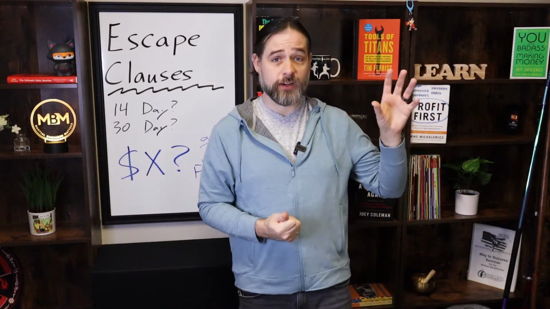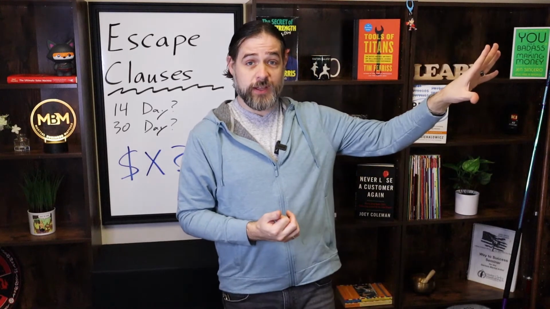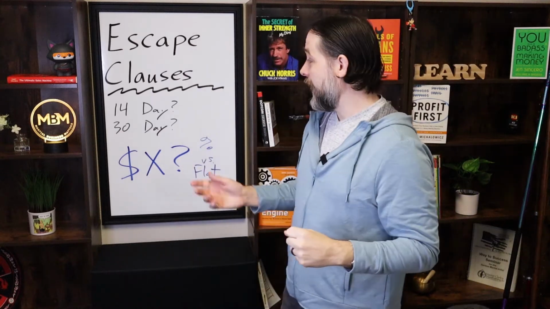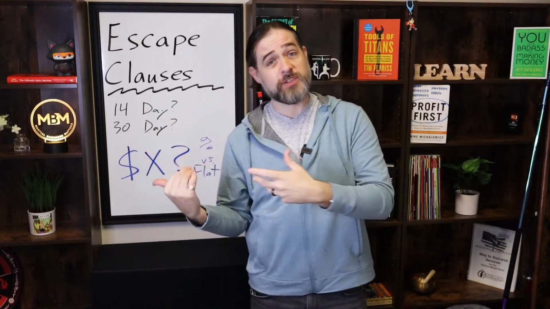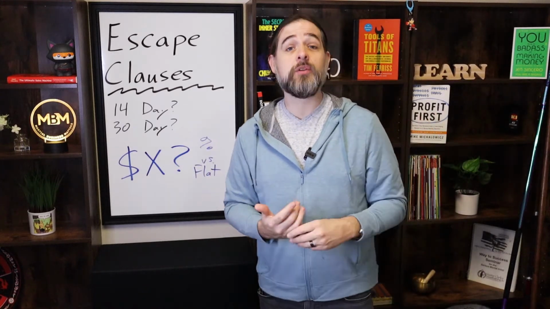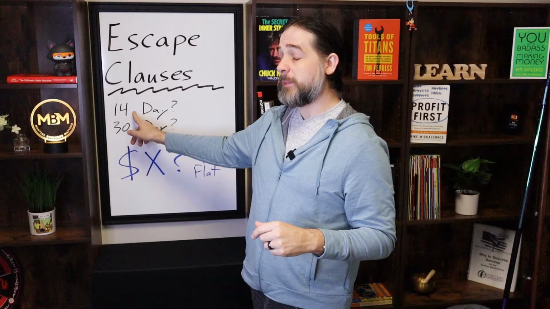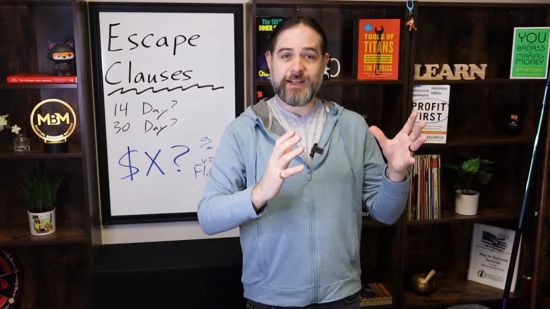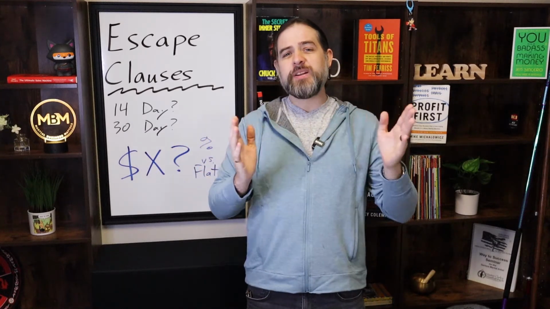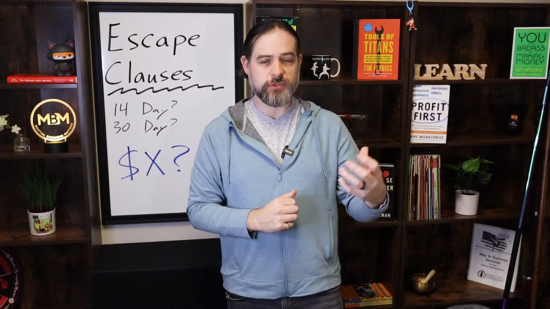In my previous video, I talked about the potential pitfall of having a large number of students just drop off the face of the earth and quit your school without any kind of notice, and how that could put you into a financial predicament. This 14-day notice is specifically there to protect against that kind of thing. It's not going to protect you against unexpected student loss, but it will protect you from catastrophic, unexpected, immediate loss of revenue. By putting a 2-week buffer between the time that somebody says that they're quitting and the time that person stops having to pay you, you're building out a little bit of a protection zone for you, your school, and the other students in your school.